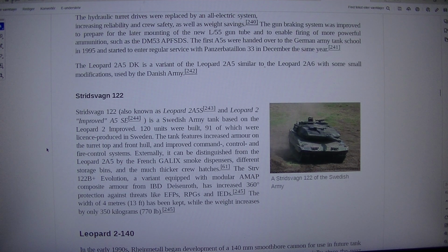The Leopard 2A5DK is a variant of the Leopard 2A5 similar to the Leopard 2A6 with some small modifications, used by the Danish Army. Stridsvagn 122. A Stridsvagn 122 of the Swedish Army. Stridsvagn 122, also known as Leopard 2A5S,